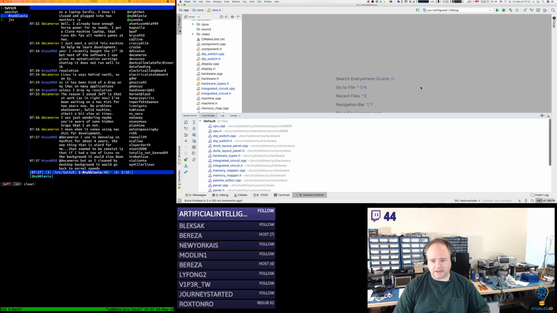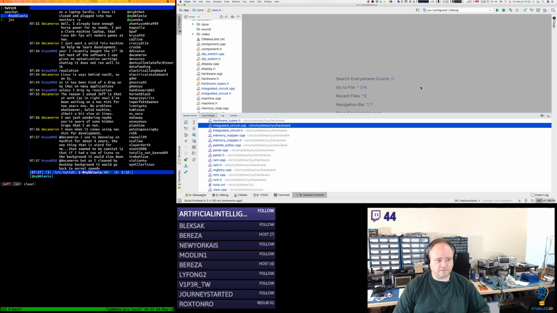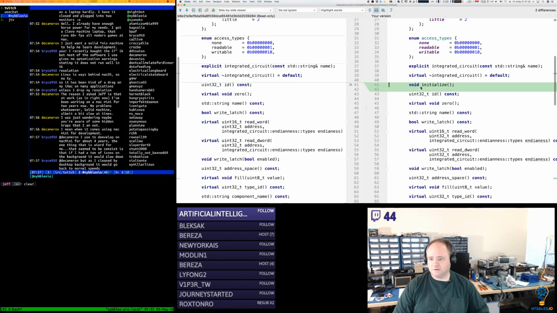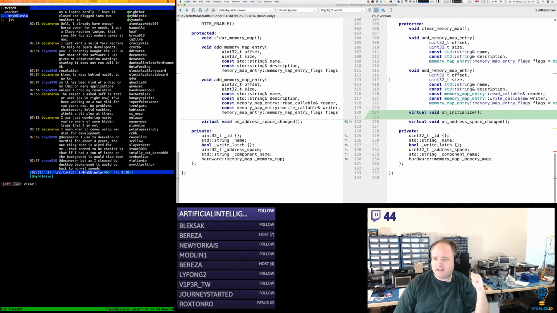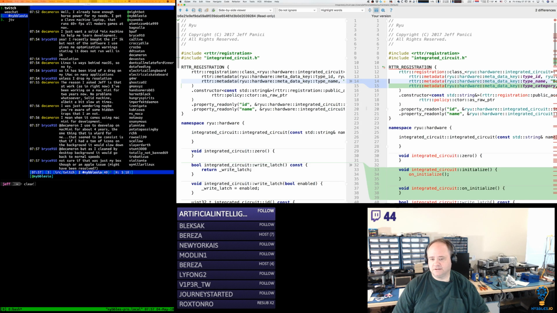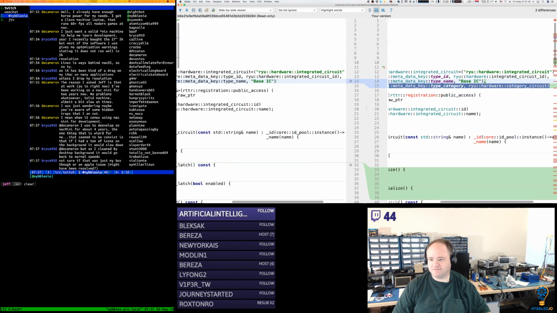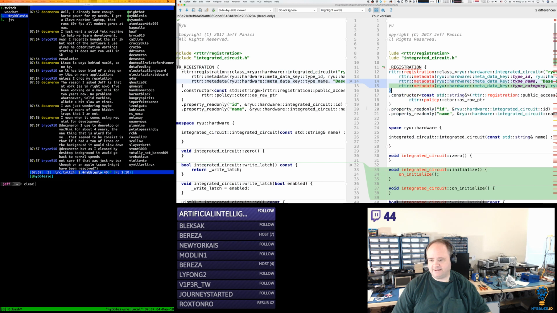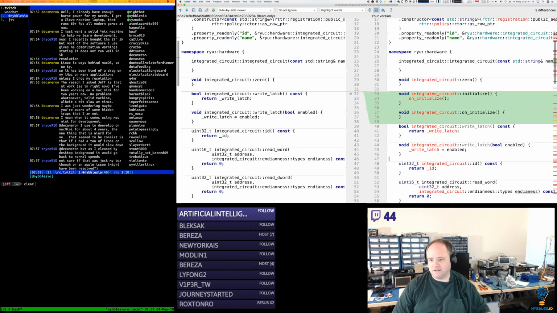So on integrated circuit, I added a public initialize and then a protected virtual uninitialize for subclasses to override in the integrated circuit implementation file. I added the type category to the metadata for RTTR, and then initialize just calls on initialize.